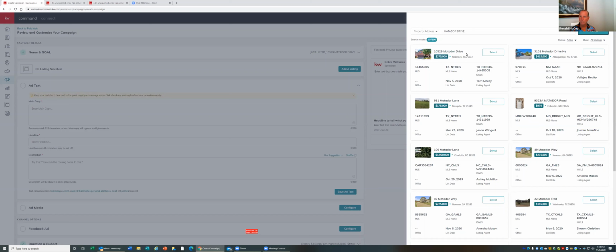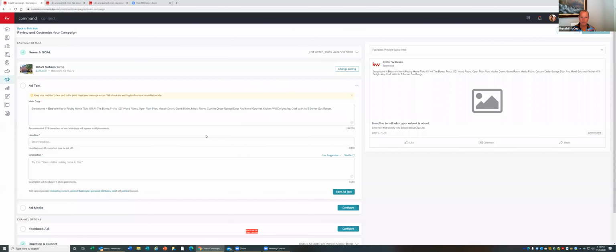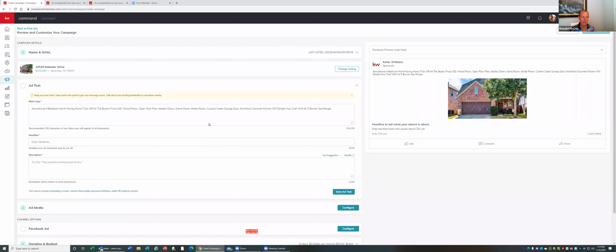So what we're looking at here is everything right out of Netris. This is all the information right out of Netris. So let's say I select that one. What's going to happen is it's going to populate everything out of Netris, and we'll go through this in just a second. If you notice on this particular one, it's already pulled all the information from the main copy